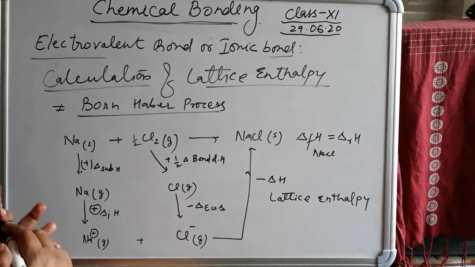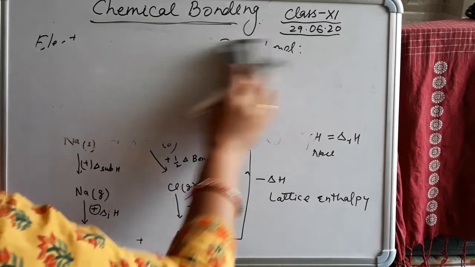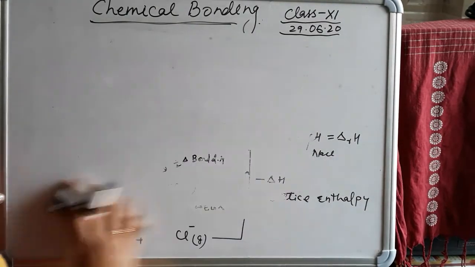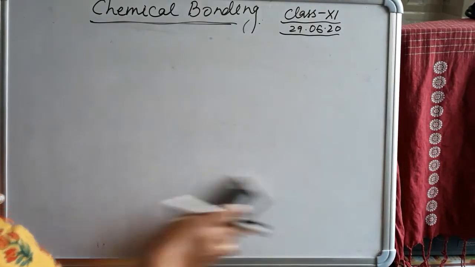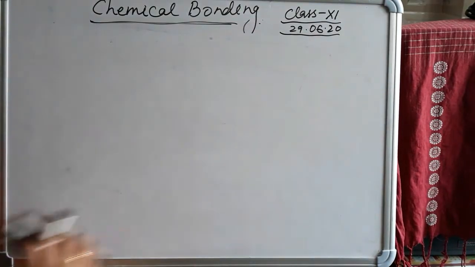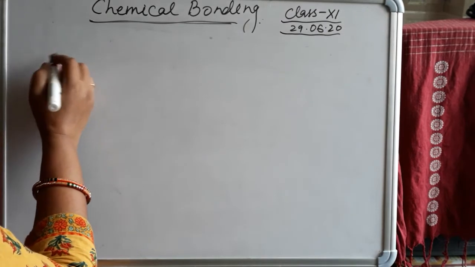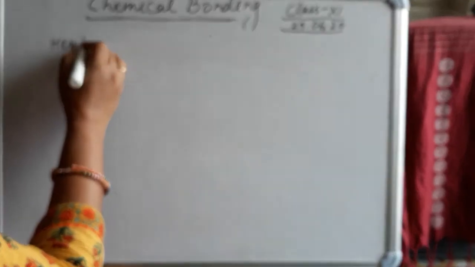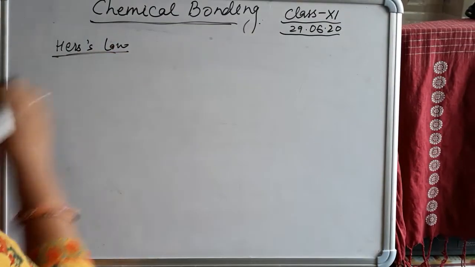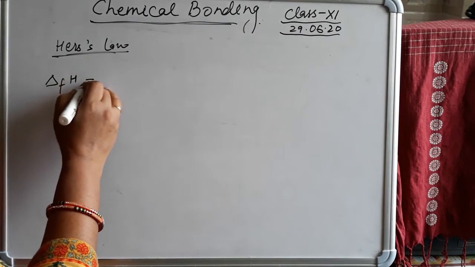Let's calculate the energy. How do we calculate the energy? In the Thermodynamics chapter, Hess's law is given. We can proceed by different routes, one step, two steps, or a number of steps. The enthalpy of formation is the same according to Hess's law. Enthalpy of formation: suppose we prepare sodium chloride.